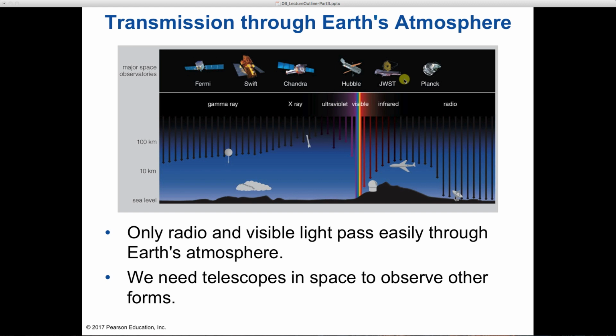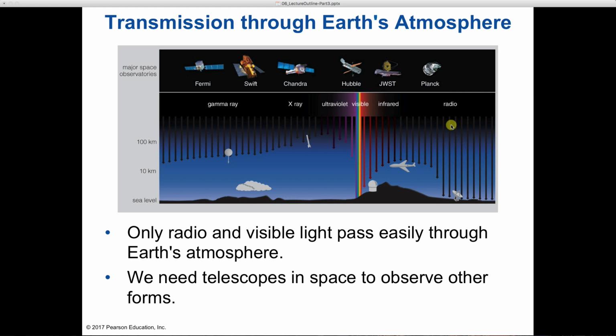One thing about infrared light is that hot objects give off infrared light, like you and me, we're infrared light bulbs. So you don't want an infrared telescope near anything that's warm, because those warm things are going to interfere with what it's trying to see. And so that infrared telescope itself also has to be cooled to very low temperature, so its own heat doesn't interfere with what it's trying to see. So space is a good place for an infrared telescope because it's nice and cool up there. And then there's also something called the Planck Observatory that detects microwave radiation from things.